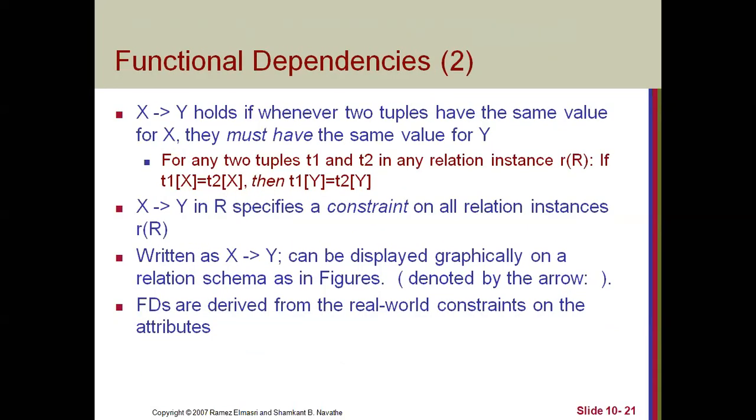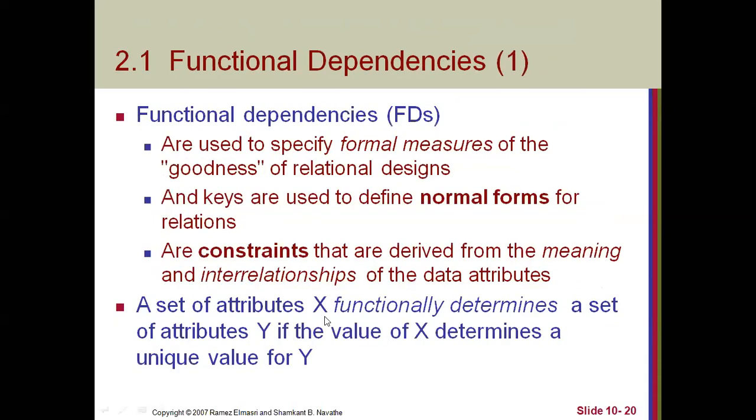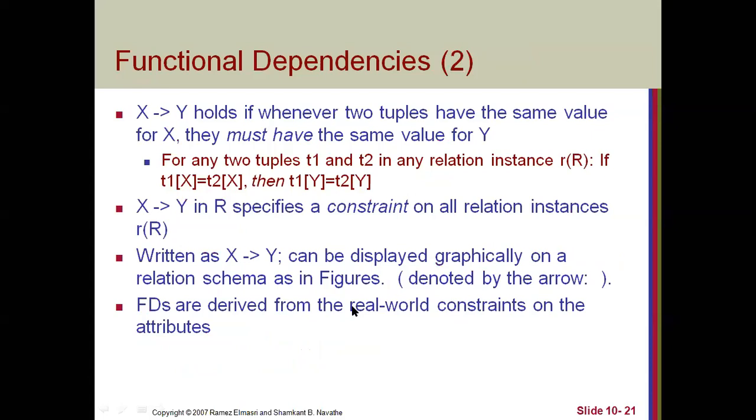So yesterday we were here, we defined functional dependency. We saw that a set of attributes X functionally determines the other set of attributes Y if the value of X determines a unique value for Y. So we have seen in short, always X we can consider to be a primary key which functionally determines all other attributes. So every other attribute is always functionally dependent on the primary or the key attribute of the relation.